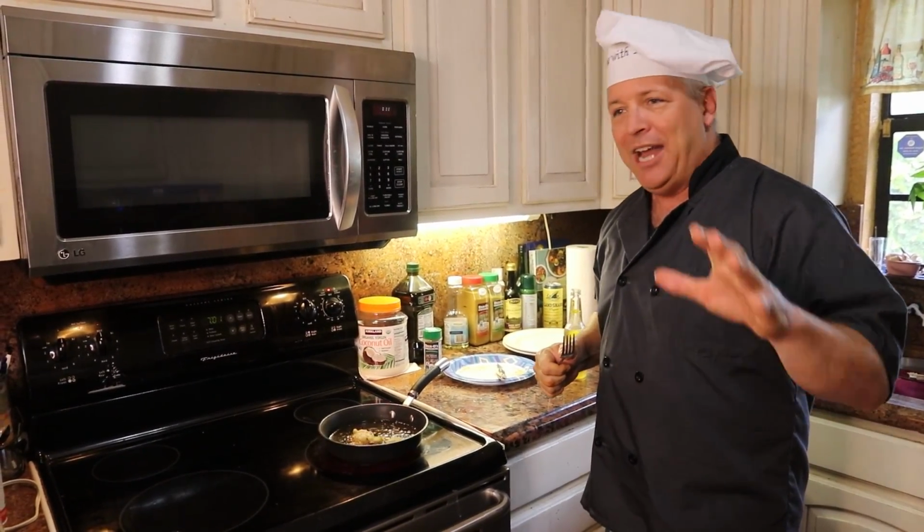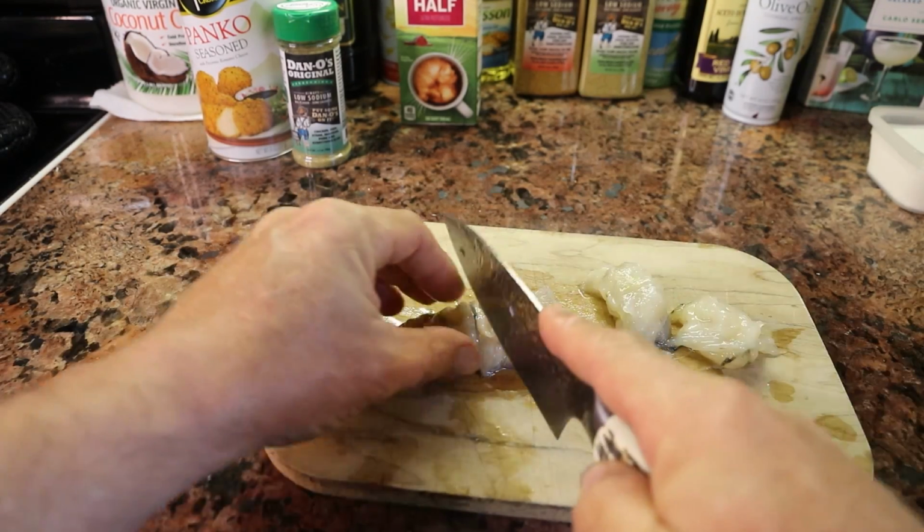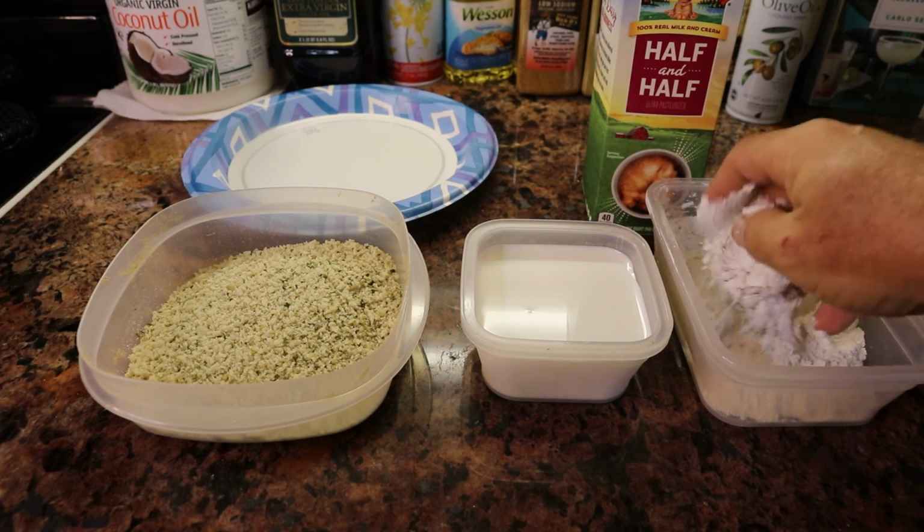First, I just took one lobster tail and I cut it in 5 pieces, as you can see in a little bit of B-roll. And I did the standard flour, half and half, and then into a mixture of crunchy panko